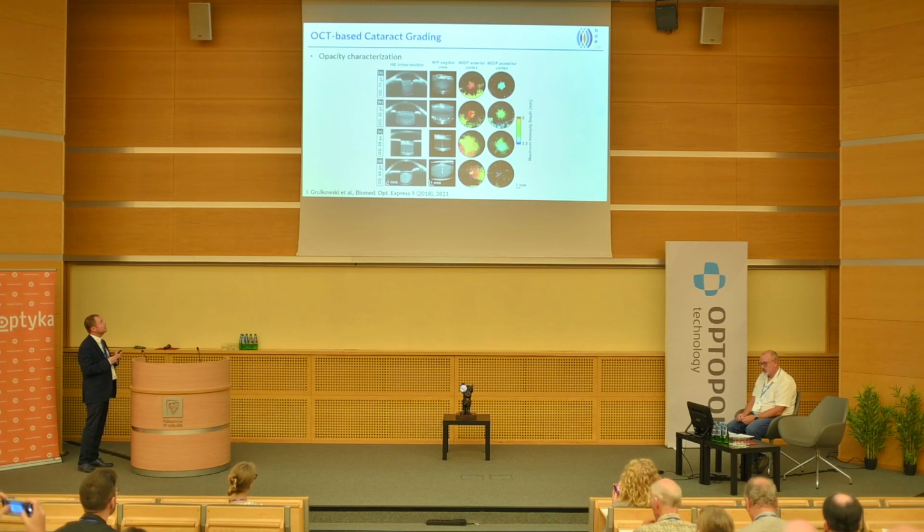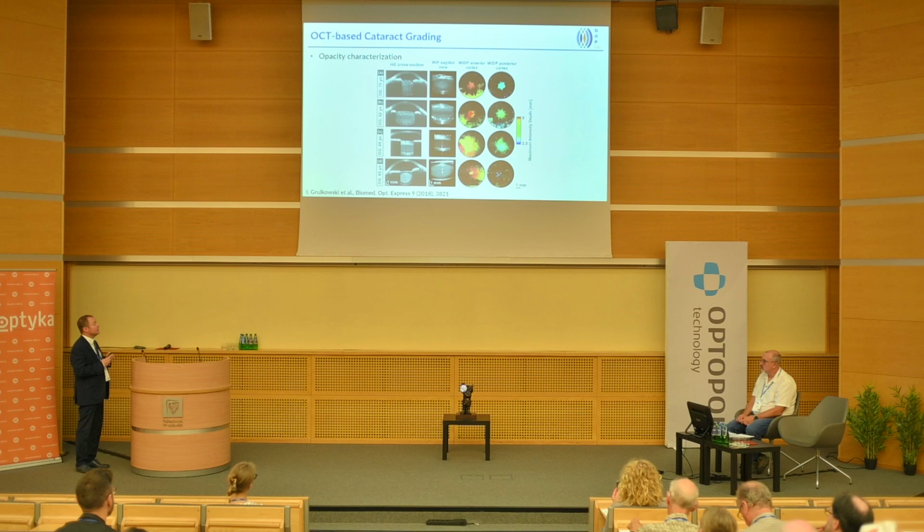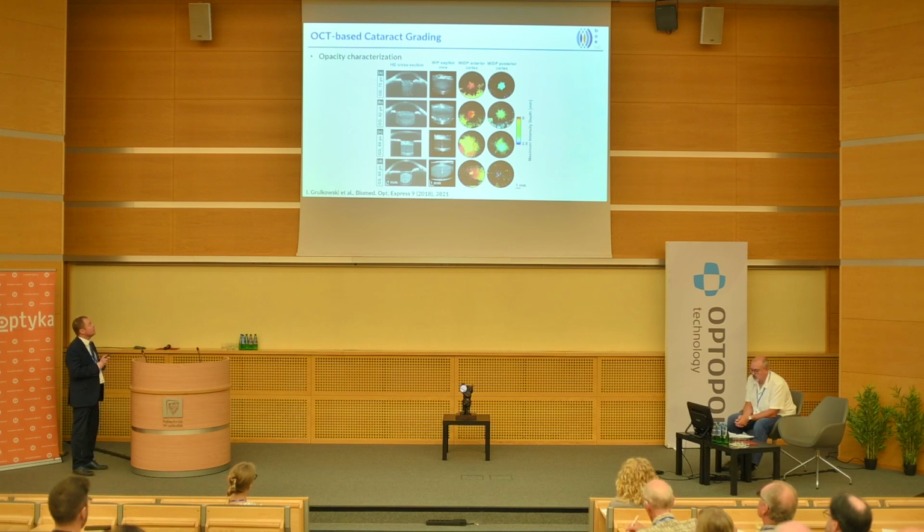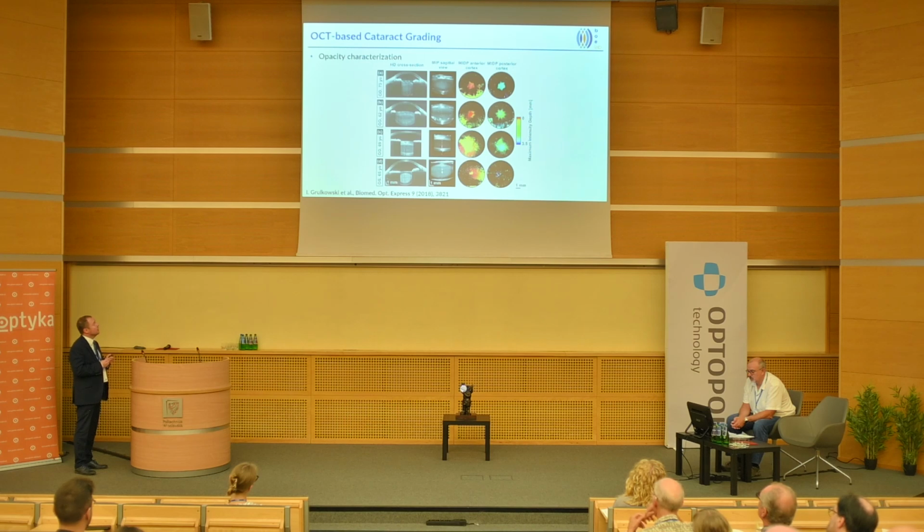The first study that we performed with the system actually measured several cataractous eyes or cataract suspects, and you can see how the optical properties of the crystalline lens change compared to the healthy ones. You can see some specific opacifications, and they are not only hyperreflective opacification, but there are also some hyperreflective regions, and also, for example, this is nuclear cataract, and so the OCT can map all those